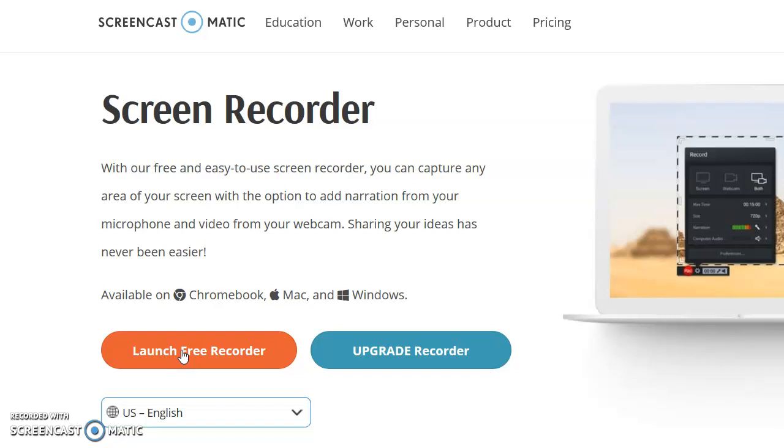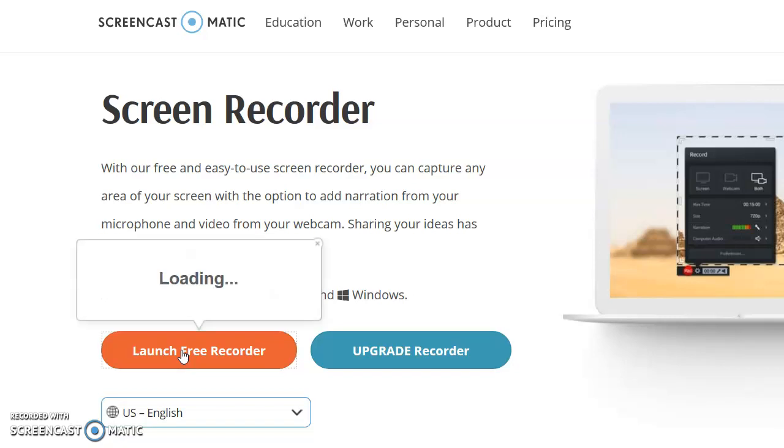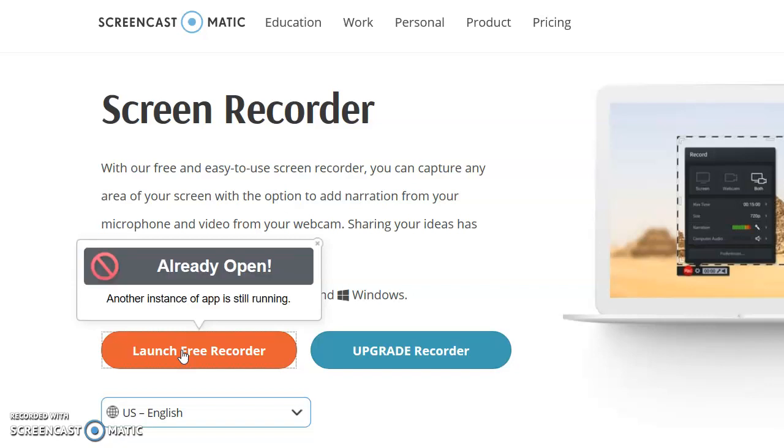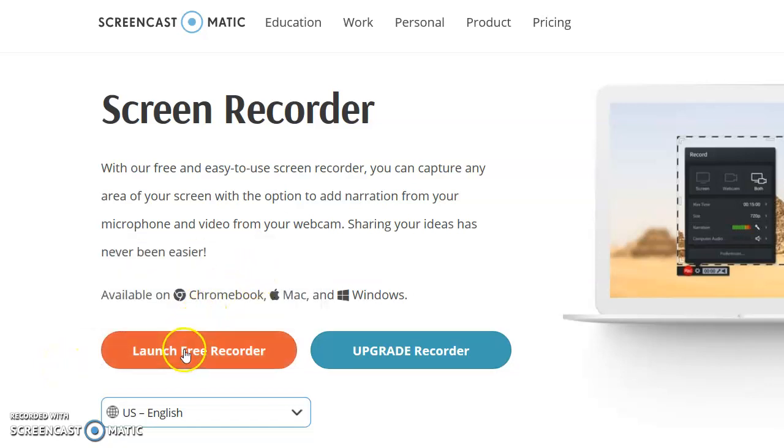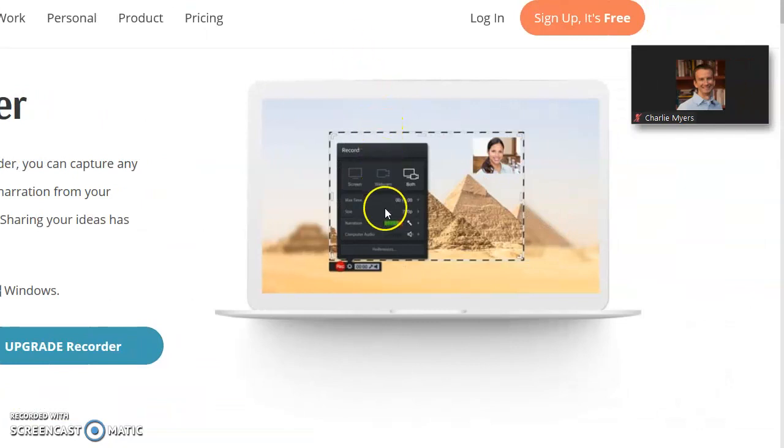You might have to download something in order to do that. It doesn't take very long, but if you hit launch free recorder, if I do that now, it says I'm already using that. So I can't actually show you how that works. But you just launch that, you download this stuff, and when you're ready to record,